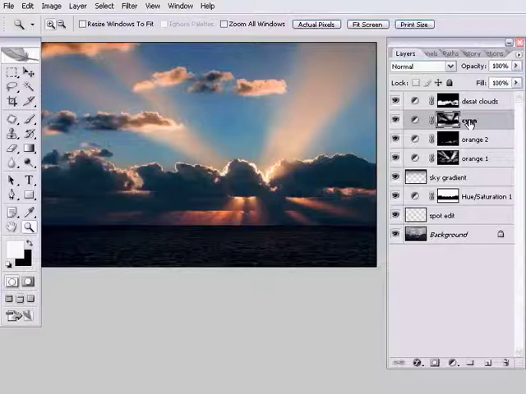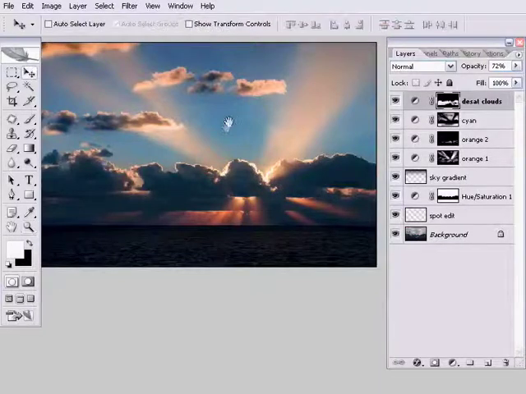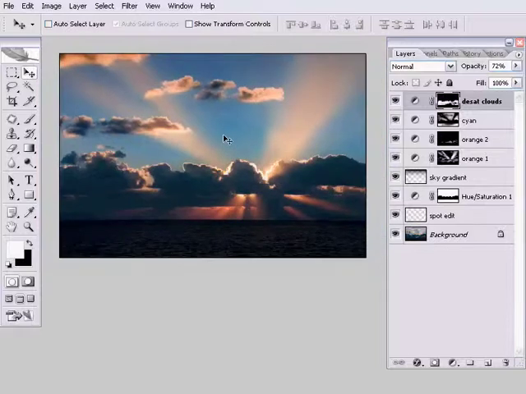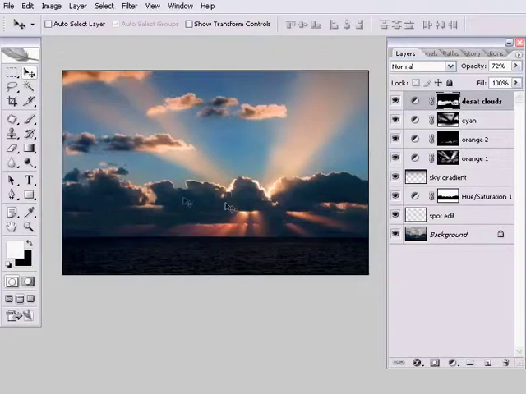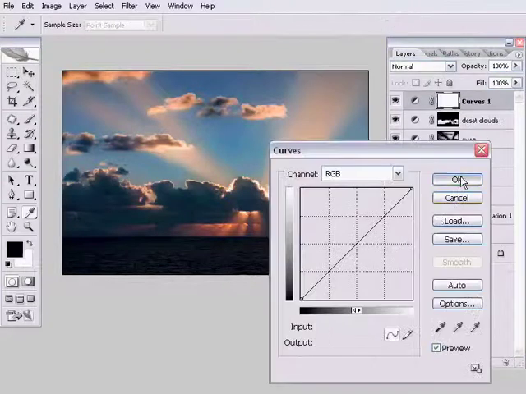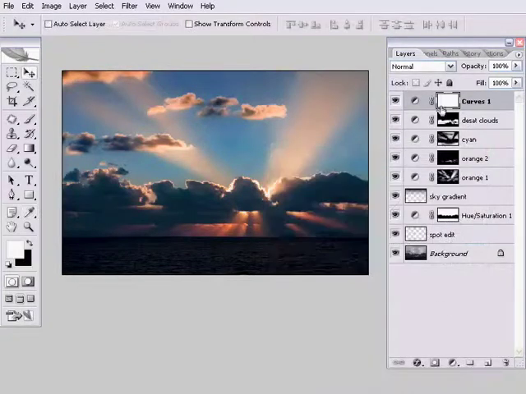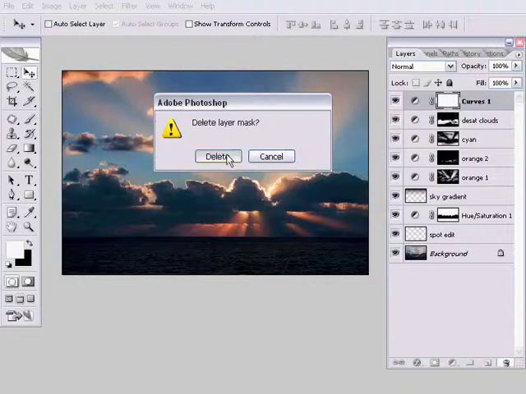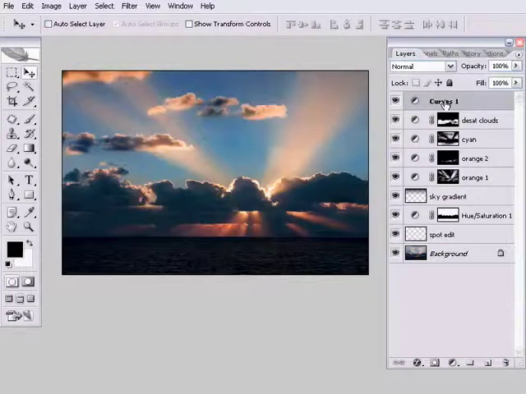Okay, so next thing I was going to do is increase the contrast in the image. It's already pretty contrasty, it's not bad, but I want to emphasize that feeling of silhouette. So I'm going to add another adjustment layer, another curves layer, and this is one of those layers where I just press OK without doing anything, and it's another one of those layers where I don't need the layer mask, so I can just click and drag that layer mask into the trash. Delete that,